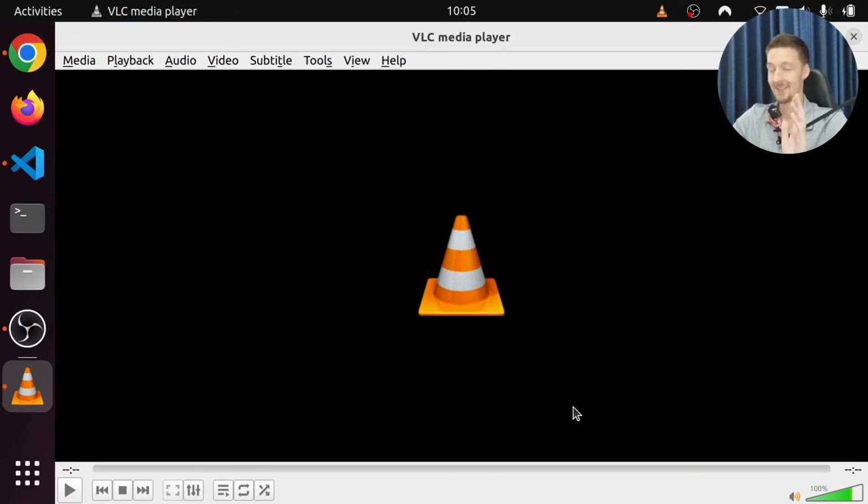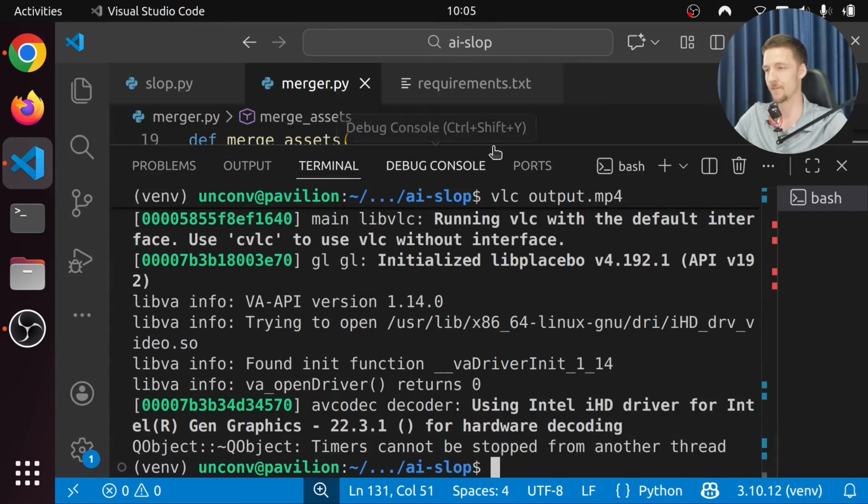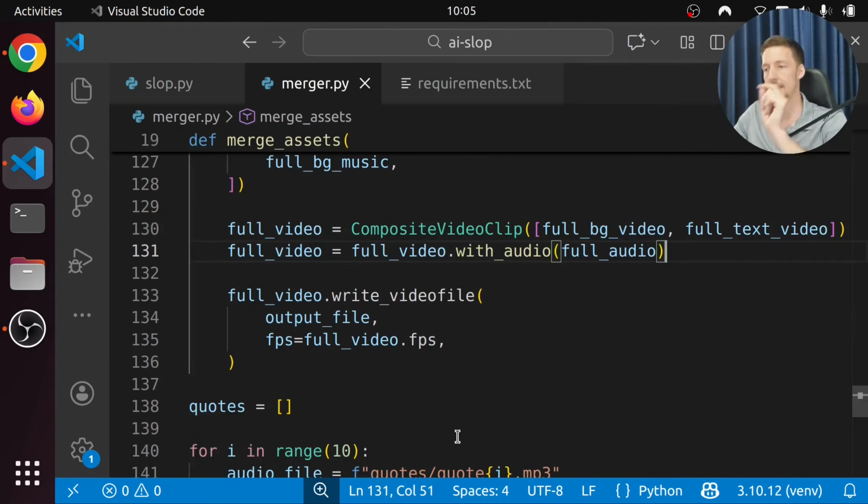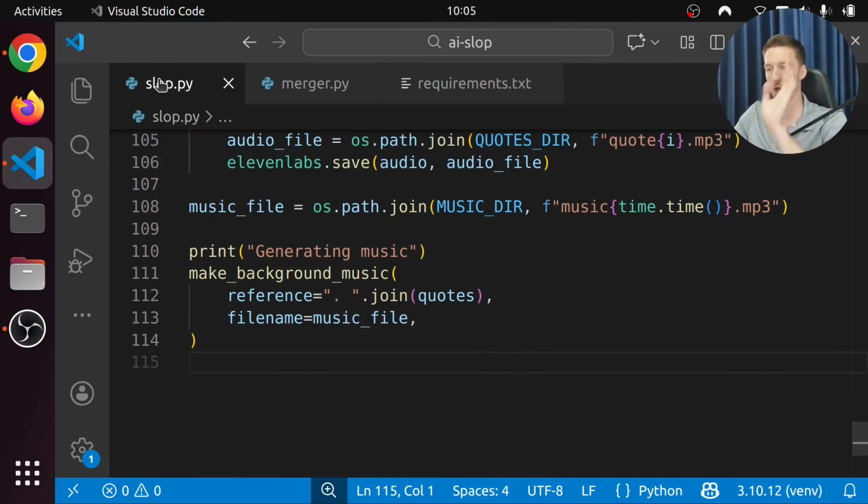Okay, that's very good. There's some issues with the word wrap and it ended very abruptly. But overall, I'm very happy with this. So let's now integrate this thing with our slop maker, so we can just run one script and it will create a brand new video that's ready for publishing.